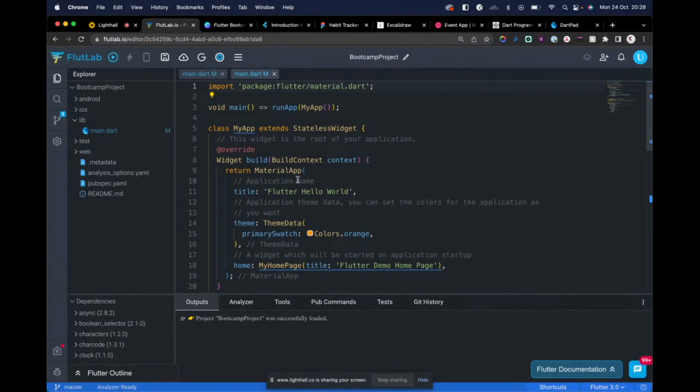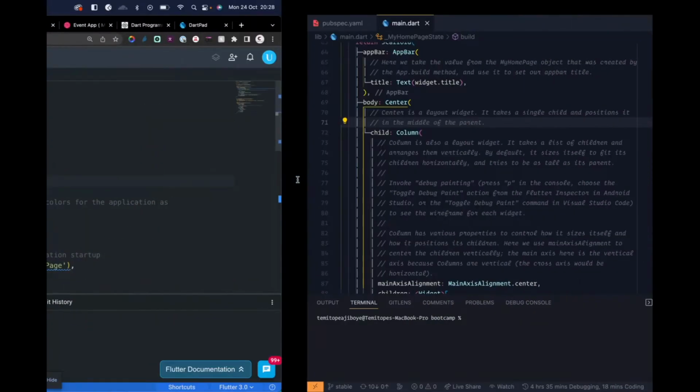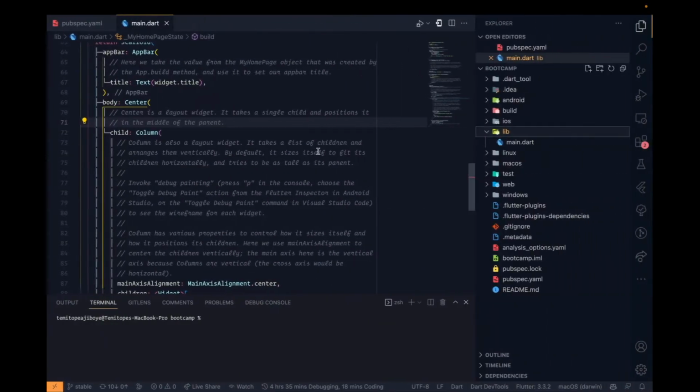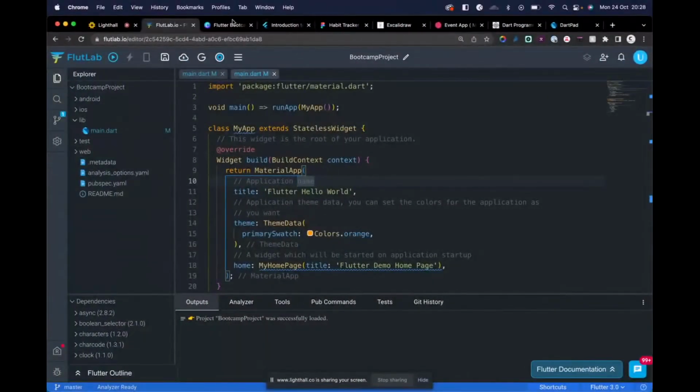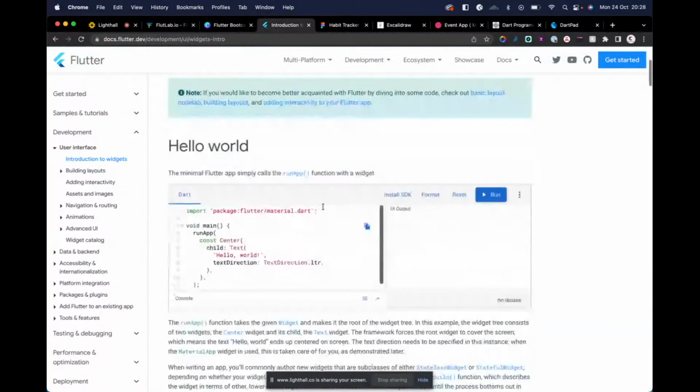Great. So you have your FlutLab open. You can do whatever I'm doing here. I'm just comfortable here. So let's go in here. Now that you know the meaning of a class,